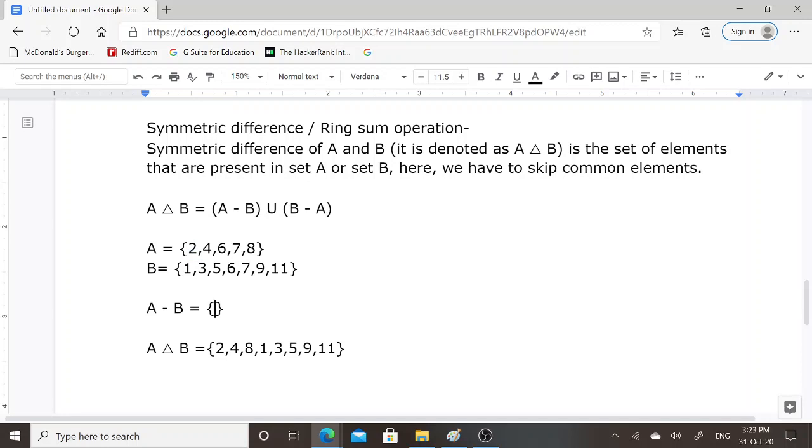Here set difference of set A and B will include 2, 4 and 8.